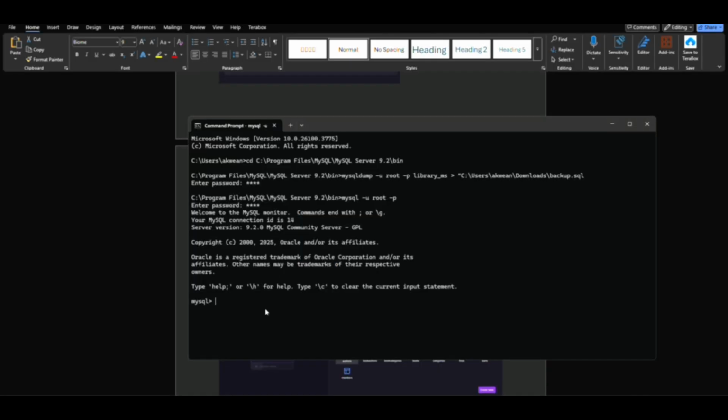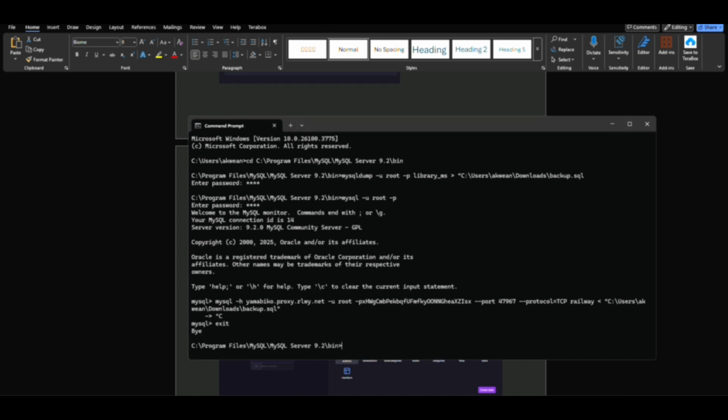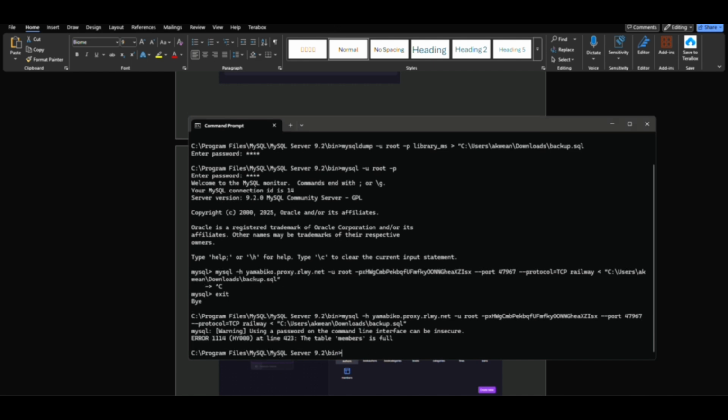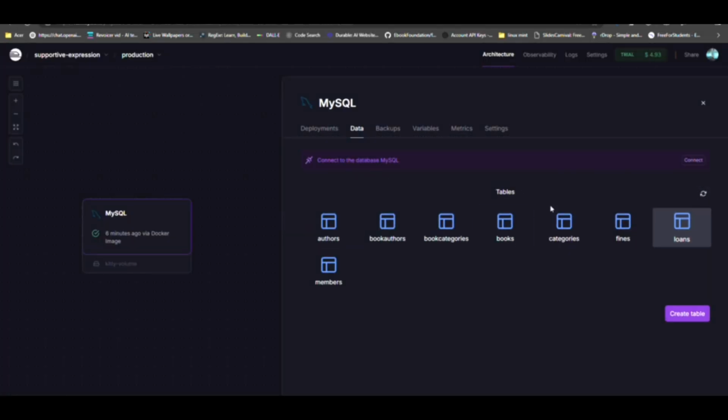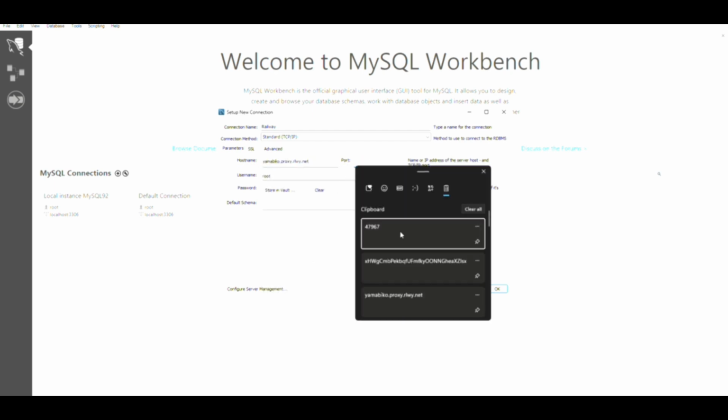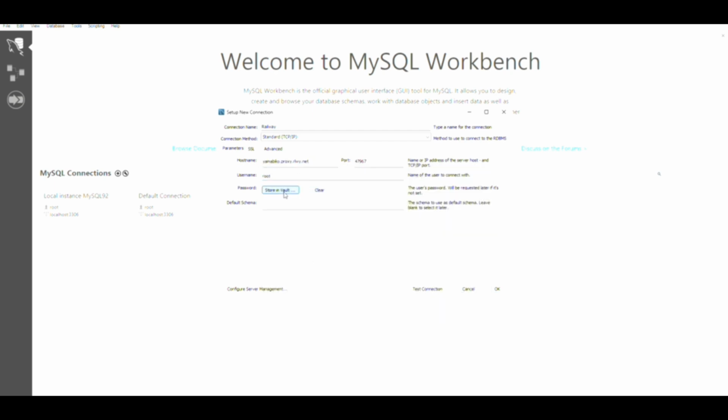So I use the Railway app. Then I created a new project in Railway for MySQL. Then in order for me to connect, I copy the raw MySQL command in the Railway app. Then go to the command prompt where the MySQL server is, and then paste the raw SQL command in order to import the backup SQL file into the Railway app. So you need to locate that backup SQL file. Next is connecting